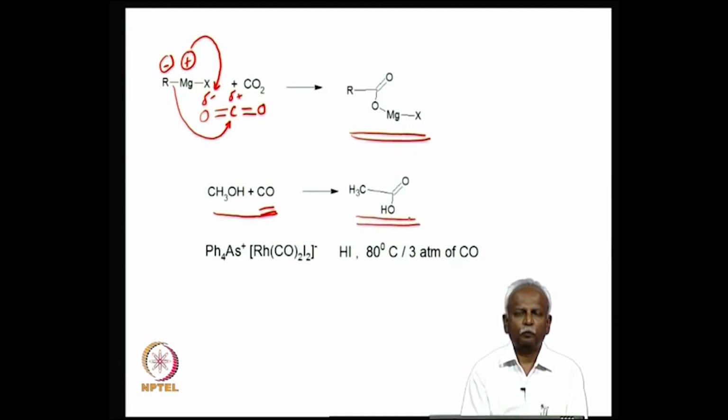You would not have the formation of acetic acid starting with methanol and carbon monoxide. On the other hand, if we add a small amount of this catalyst, which is an organometallic species, this organometallic species has the capability of transforming methanol to acetic acid in the presence of hydroiodic acid at 80 degrees. Just a mild heating of 80 degrees and 3 atmospheres pressure of carbon monoxide is sufficient to bring about